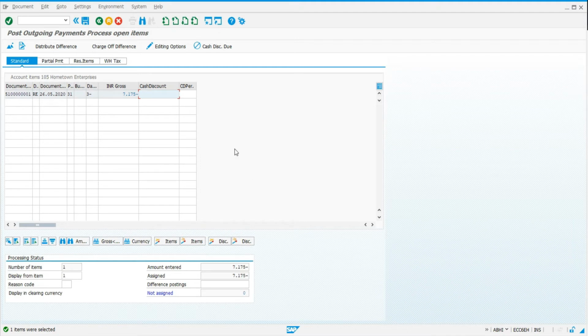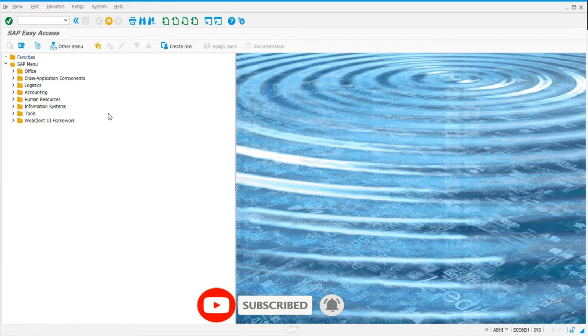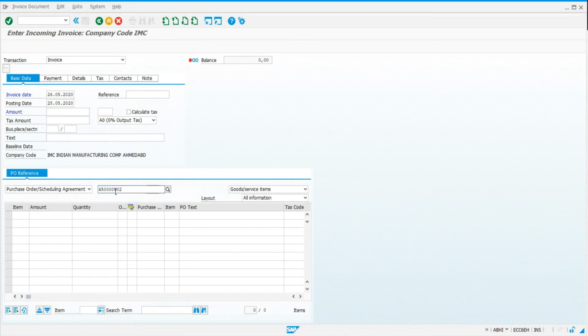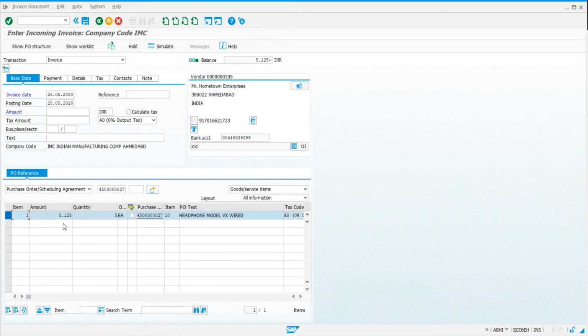In order to understand the activation and deactivation of individual invoices, let us post one more invoice against a purchase order which we created in our last session. For that, I will go to MIRO. Invoice date, then we will select a reference purchase order; 28 we have already posted, so now we will go with 27, enter. This purchase order we created for 5 quantity, that is 5125 total amount.